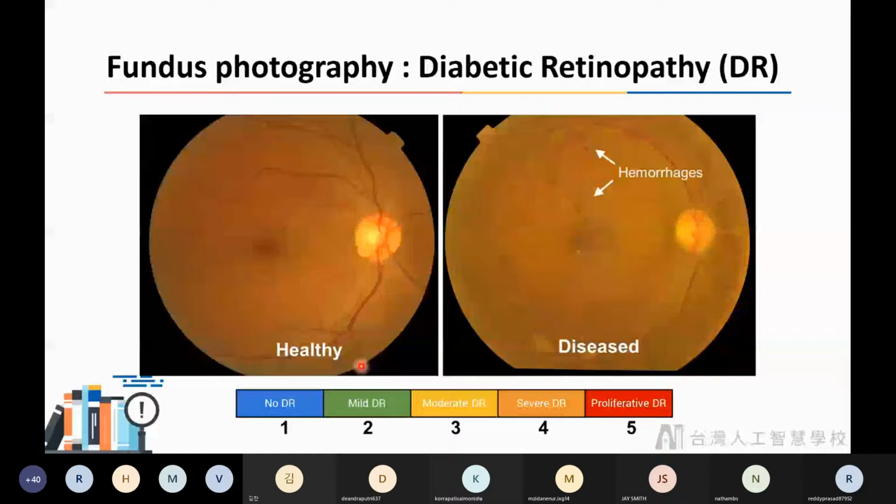And this is another example from medical. It is called diabetic retinopathy, which is an eye disease, and the diagnosis is based on fundus photography. Fundus photography means taking a picture of your own eyes. So the CNN models can